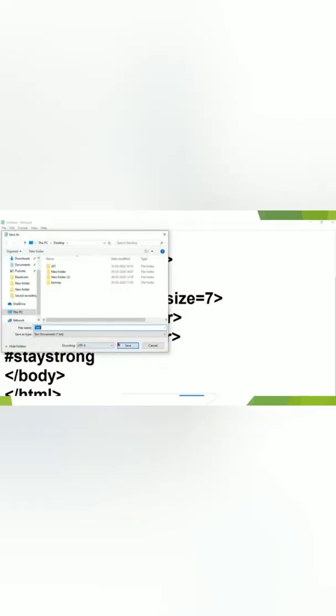Yes students, whenever you save your file, by default it is in text form. But students, we do not need a text file, we need an HTML file, because a web page needs the HTML extension. So what is the extension of HTML? That is .html.